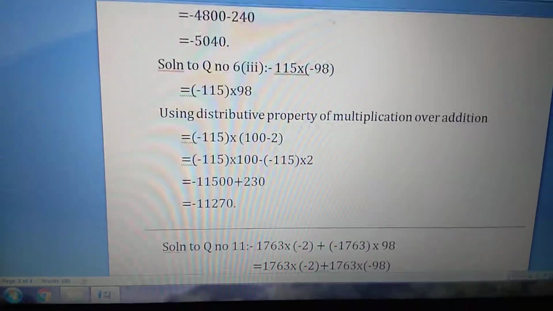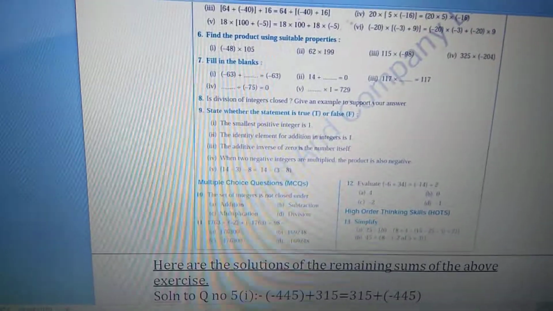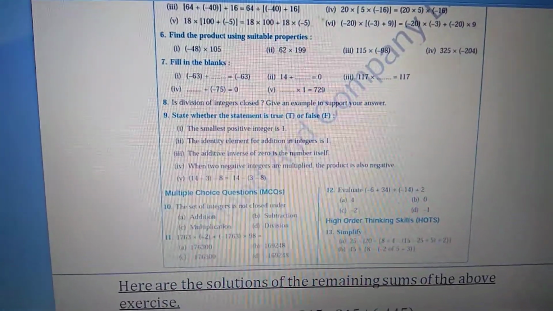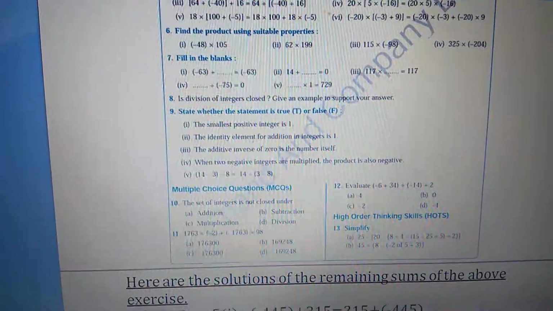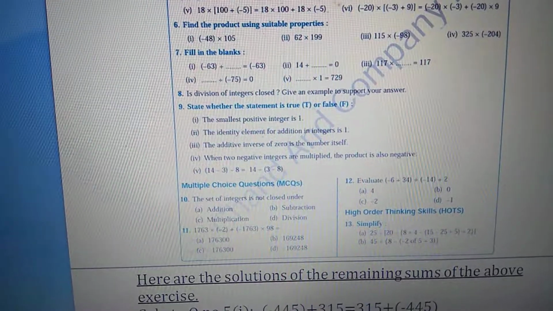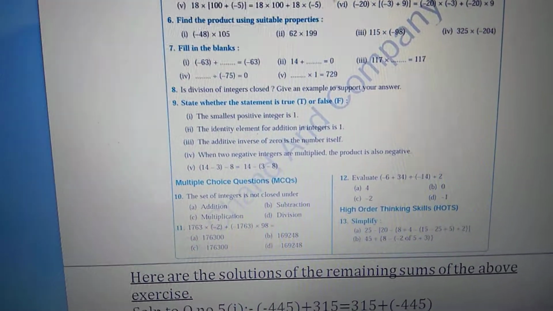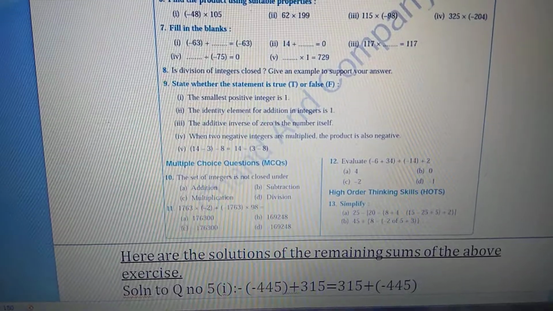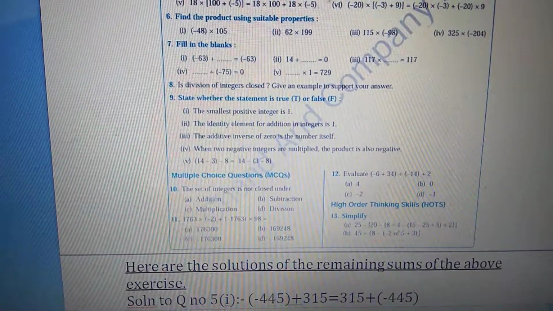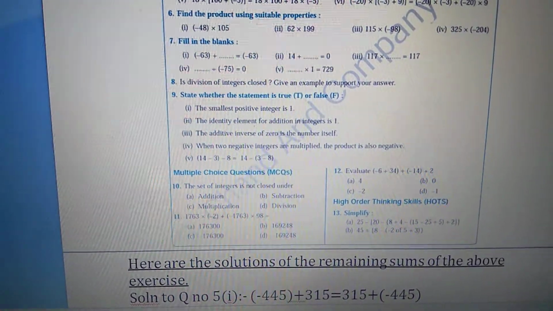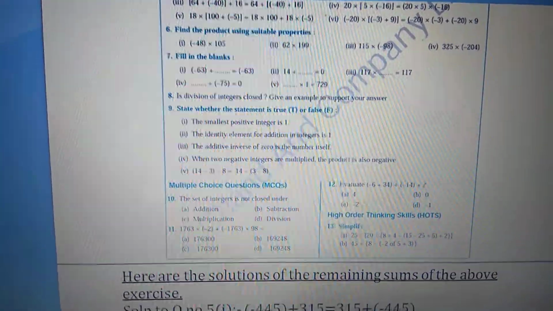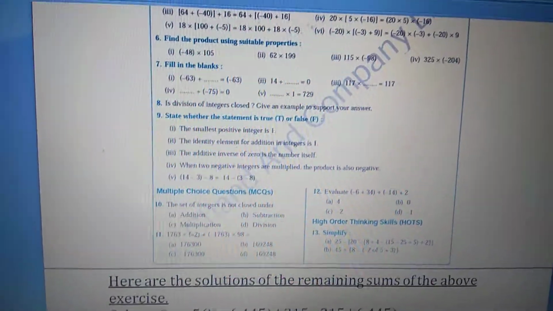Now we will go to question number 7. Let's have a look in your book, question number 7. There some fill in the blanks are asked. So hope if the concept is clear to you, this question number 7, 8 and 9 will be done by the students themselves. 7 and 9 you can do in the book, and 8 with a proper example you can solve in your notebook. Since I have explained the closure property, I think question number 8 you can solve by yourself. So to test your intelligence, I have left these 3 questions for all students.